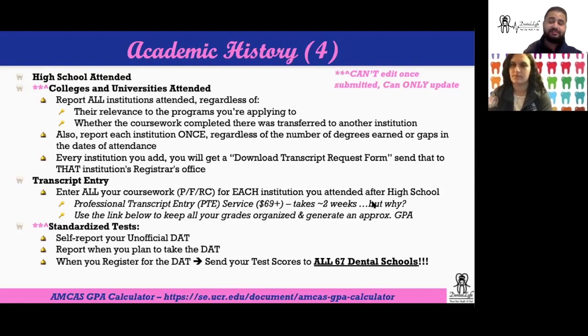So this is something that is very important. Once you get this stuff out of the way before you do anything that's more complex as far as like school specific or secondaries. So for this, let's say I went to a university, I download the transcript form and I send it to that registrar's office. I email it to them or I mail it, depends on what their preference is, but try to get it to them as fast as possible, because the faster it gets to them, the faster they send your official transcript